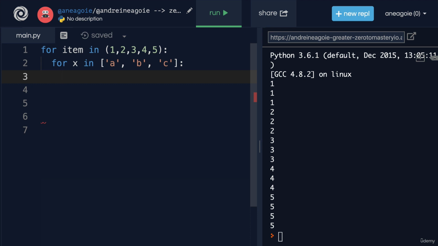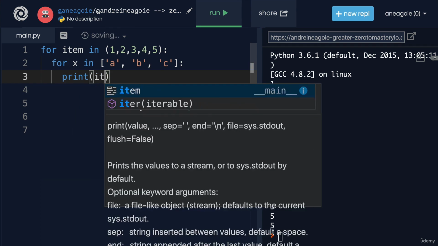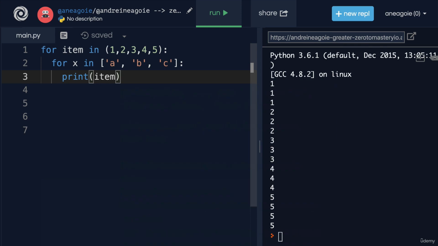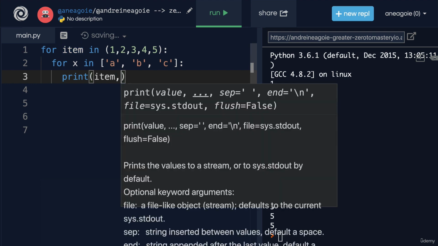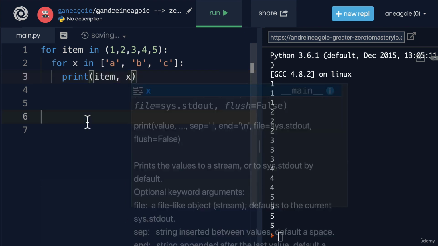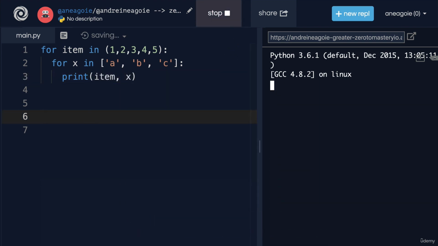And as a matter of fact, when we do conditionals in Python, like if statements, we can always nest those as well, because in Python, it's always the indentation. So I can print item here, and you know what, let's print them one next to the other. So I'm going to say print item and print x. If I click run,